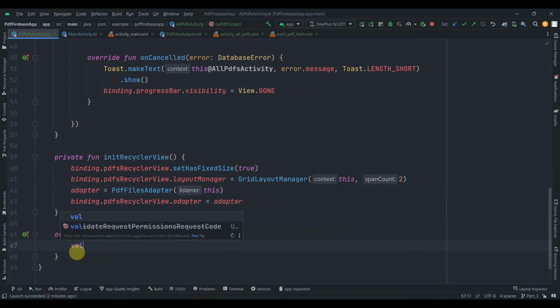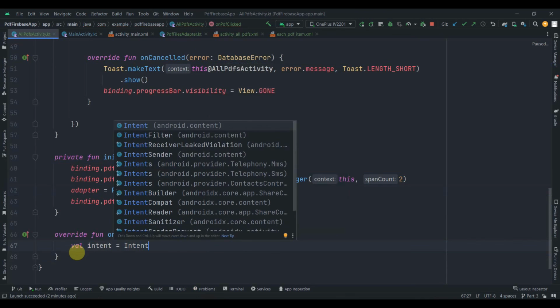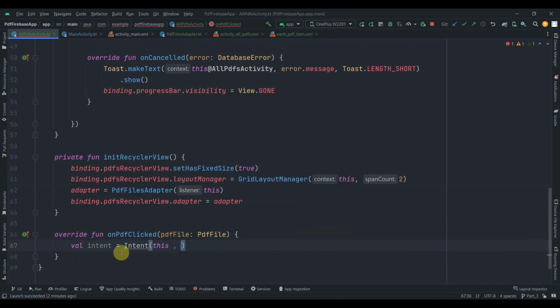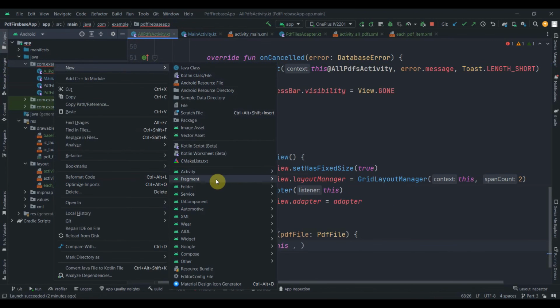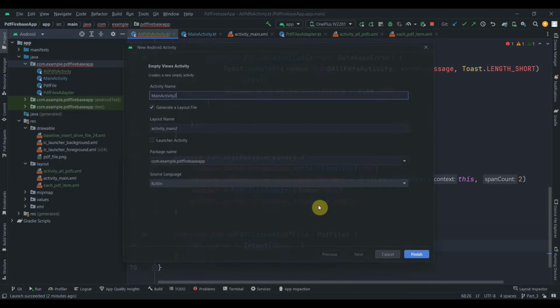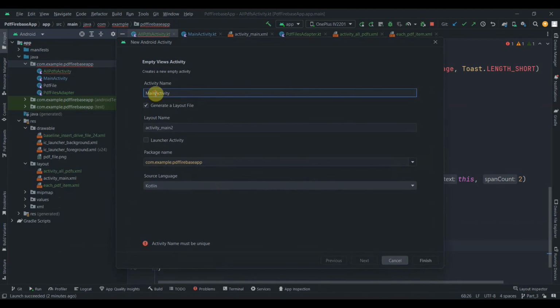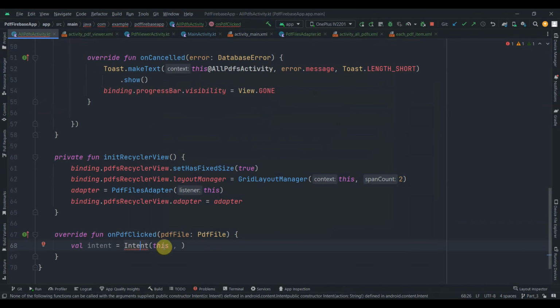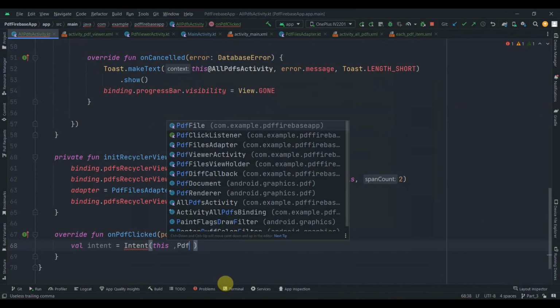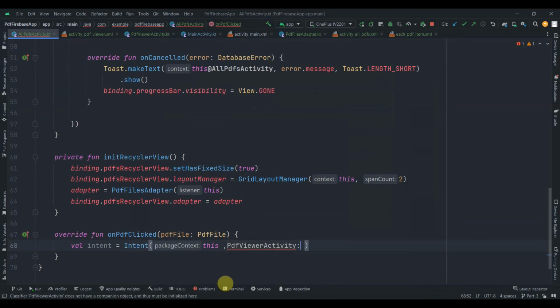And similarly, what we can do, we can create one intent over here. So intent, from this activity to the activity that we'll create now. So let's just create one empty views activity, and we'll name it as PDF viewer activity. We'll just add it to the get all PDFs activity, and here we can just pass the PDF viewer activity